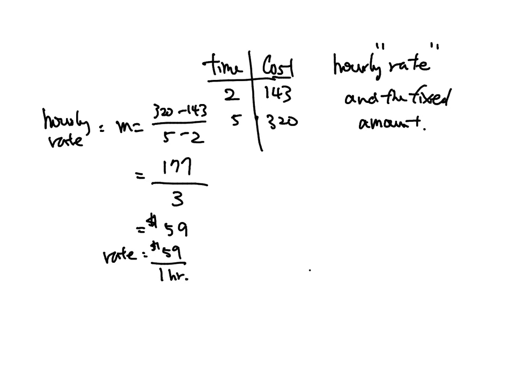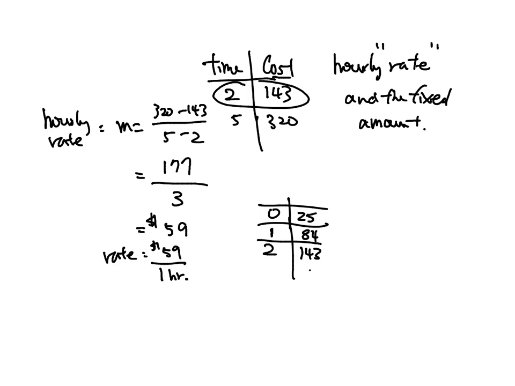Okay. So, now we're going to figure out what the fixed cost is, the fixed amount. Let's take the 2 hours and the 143 and let's work ourselves backwards. If I know 1 hour is 59, I'm just going to subtract my way back. 143 minus 59 is 84. Minus another 59, that's going to give me 25. So this right here is my fixed amount, or fixed cost,